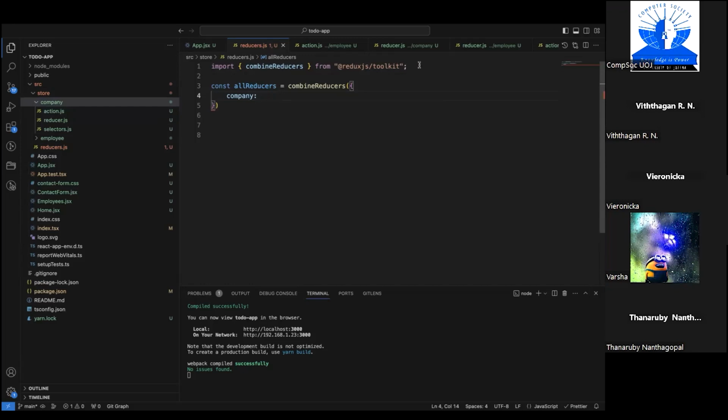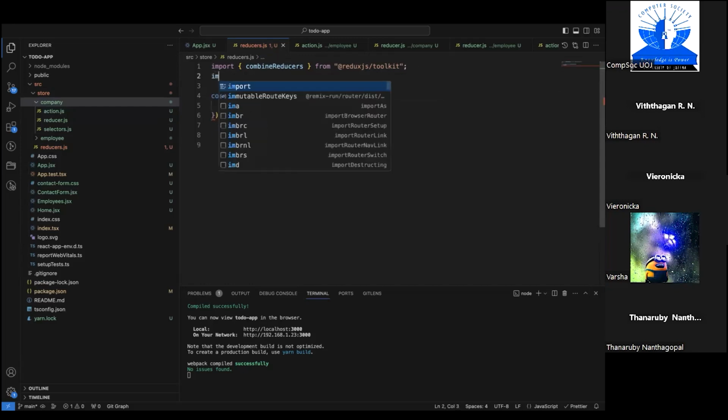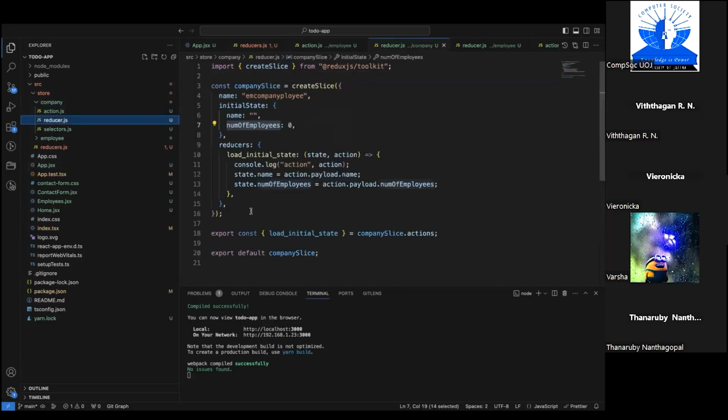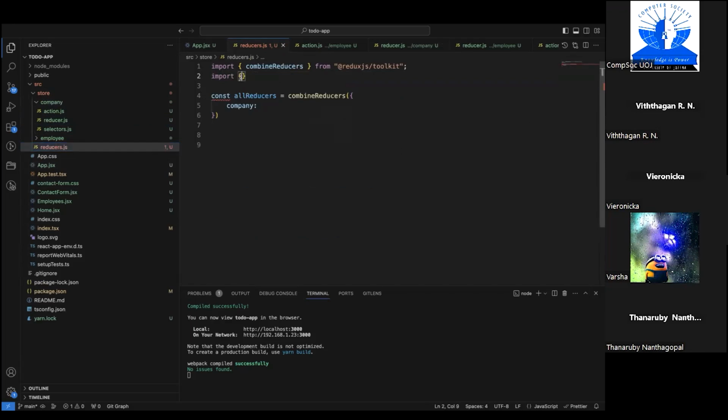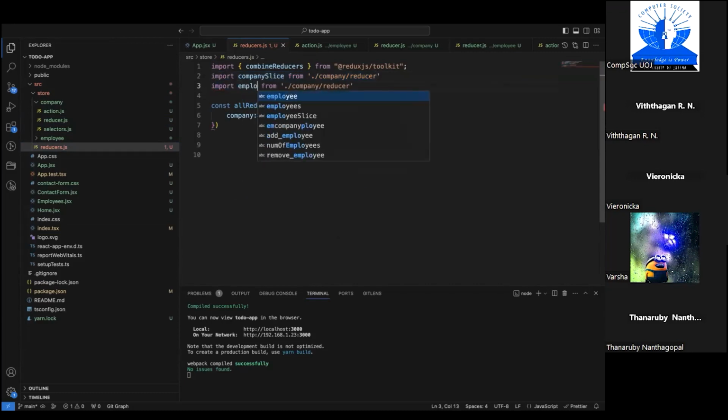So I'm going to import companySlice. This is a default export, so it has to be like this, companySlice from company and reducers, and also I'm going to import employeeSlice